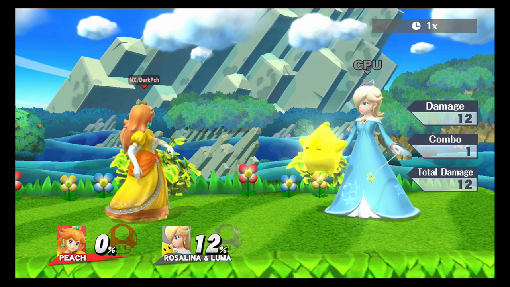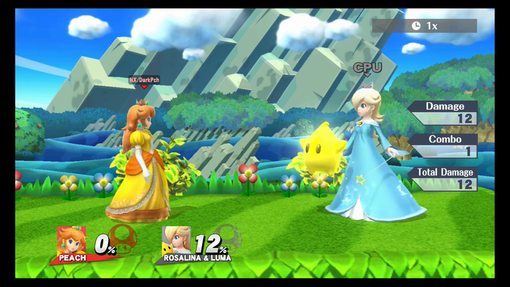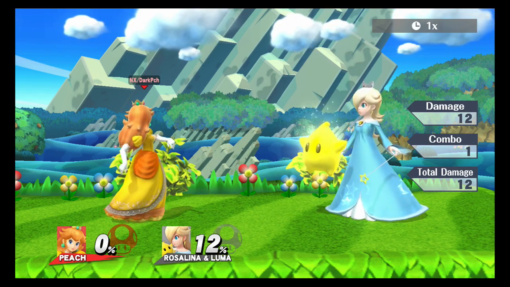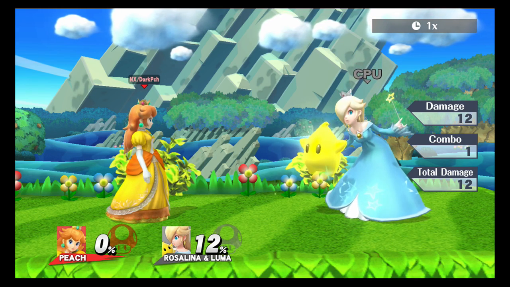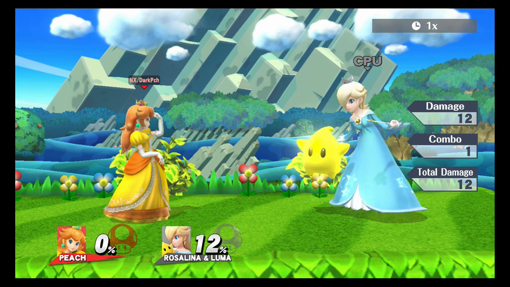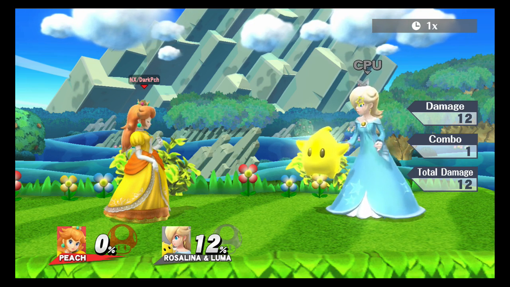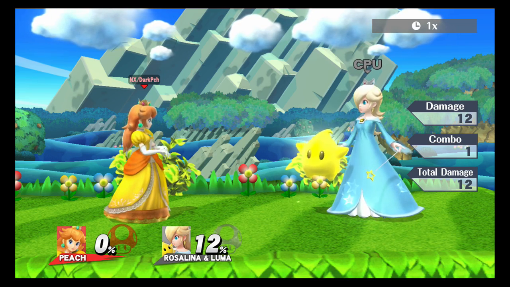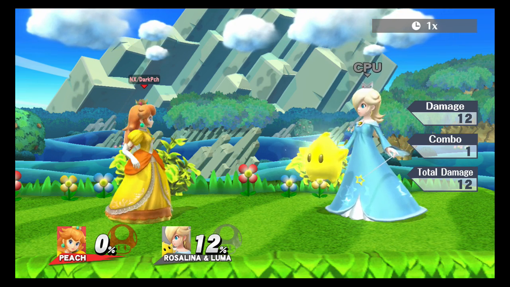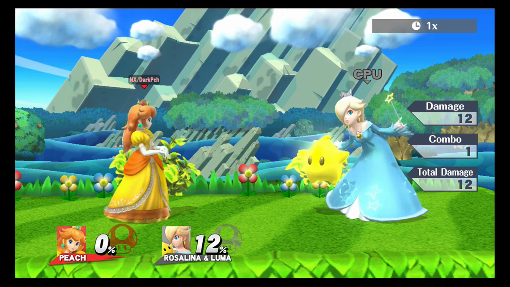I know Rosalina's jab doesn't come out until frame 8. So Luma is gonna hit first. His jab is gonna hit. Rosalina's jab is not that fast. It looks fast, but it's not. A fast jab is like 2 to 3 frames, or 1. AKA Xerxes Samus. Alright, anyway, so yeah, right here is telling me from the data that I've gathered, I can't jump